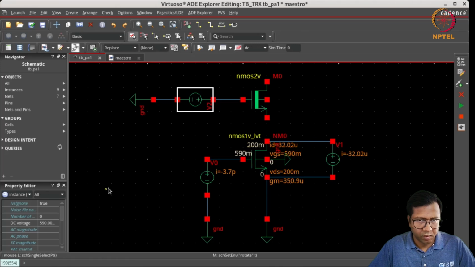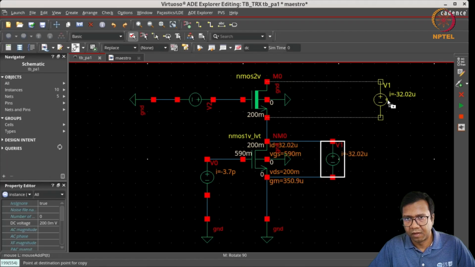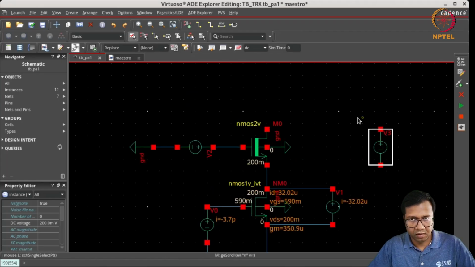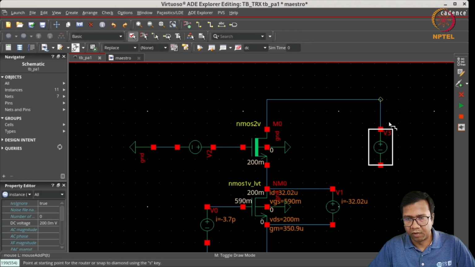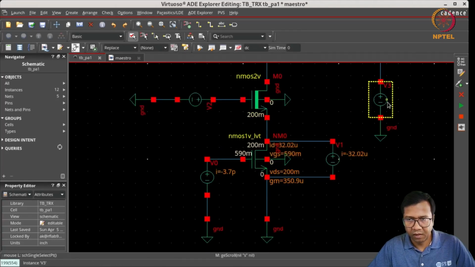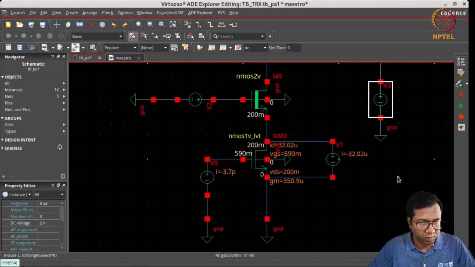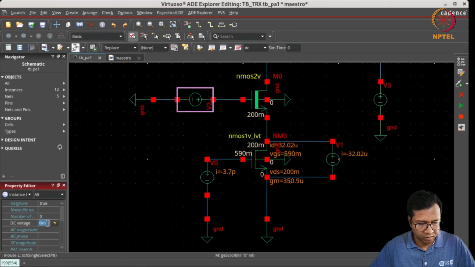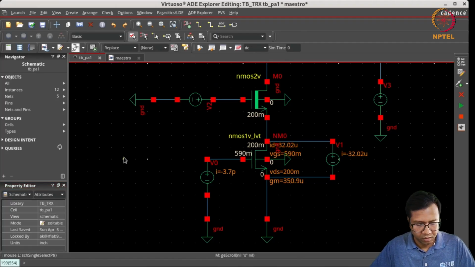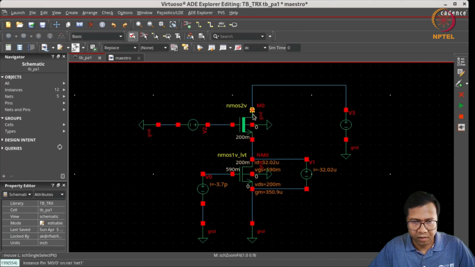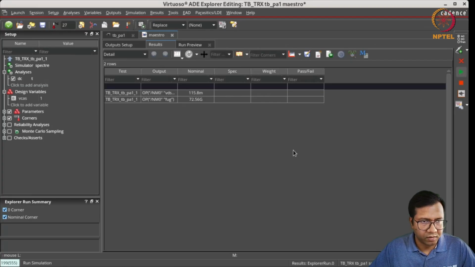We need to optimize this cascode voltage such that the FT and the VDSAT of this cascode device are as per our design specifications. Since we know that the DC voltage at this cascode drain is going to be equal to the supply voltage, we will set the drain voltage of this cascode to be equal to 2 volts, and the gate voltage of the cascode we will try to tune such that we get the required VDSAT and FT from this cascode device. So if we just run the DC operating point simulation,